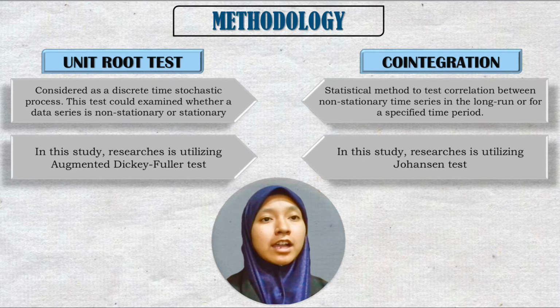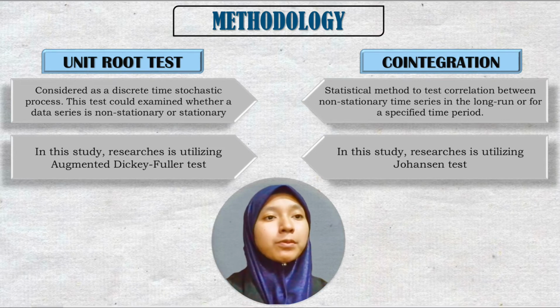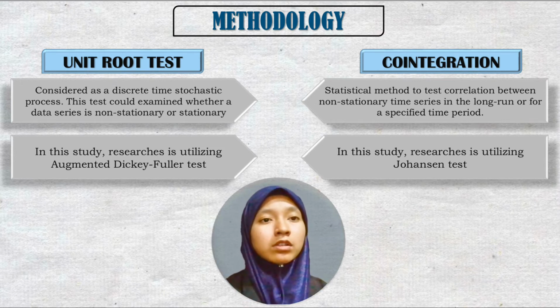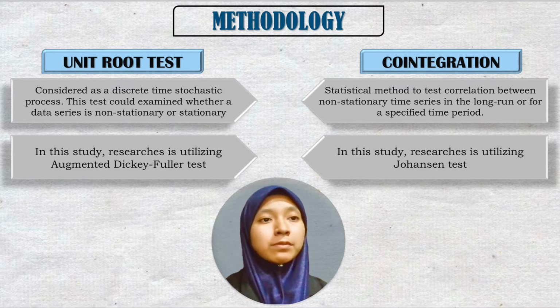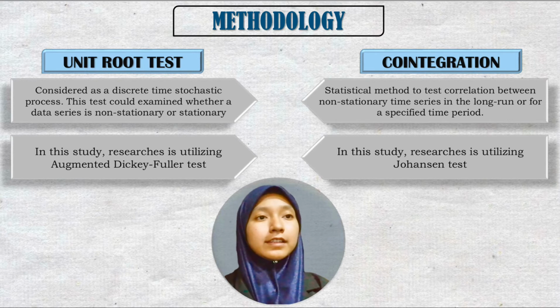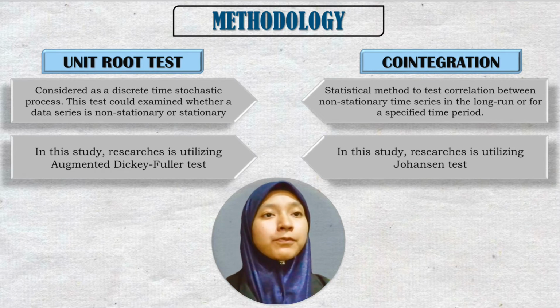In this study, there are three variables that will be analyzed, that is economic growth, consumption expenditure, and government expenditure. Therefore, the null hypothesis from the augmented Dickey-Fuller test is if probability value is less than or equal to 0.05, the data series is stationary, and if probability value is greater than or equal to 0.05, the data series is non-stationary. Next is co-integration. Co-integration is a statistical method for testing correlation between time series not moving over a long